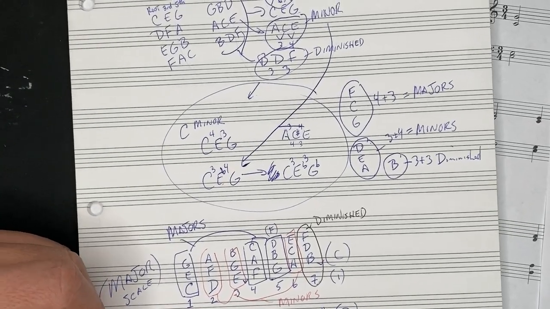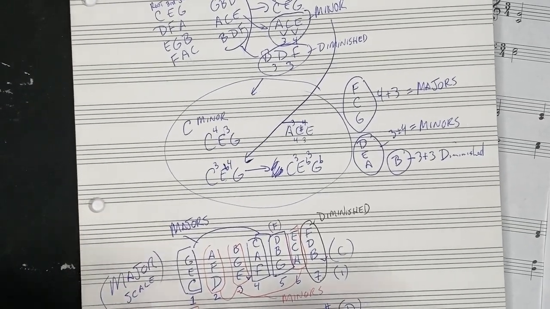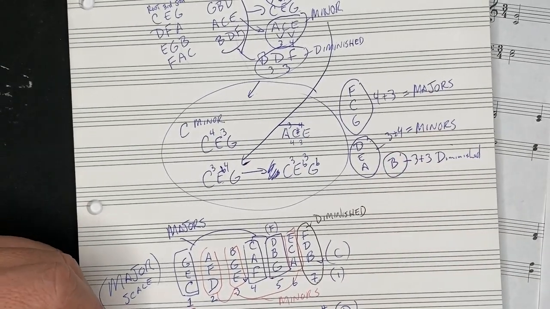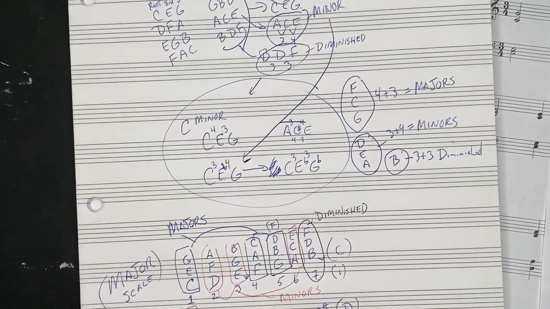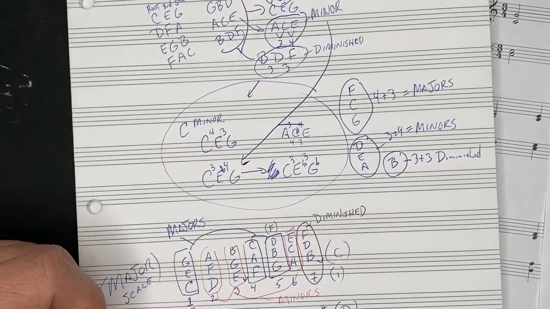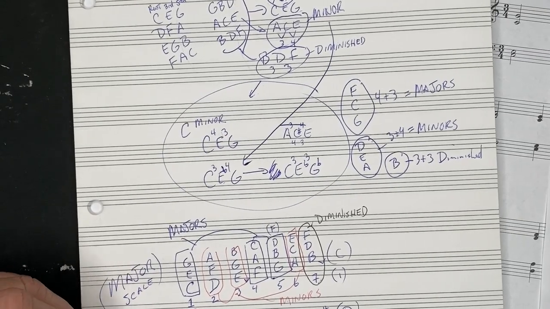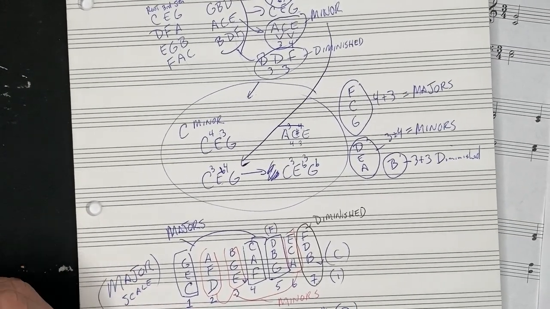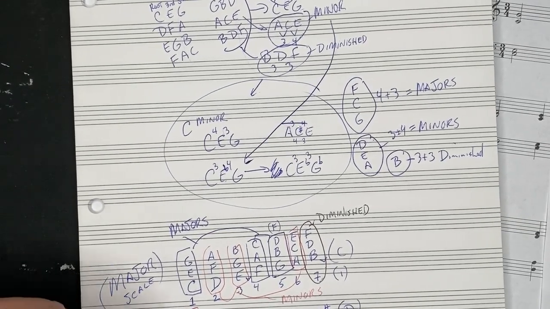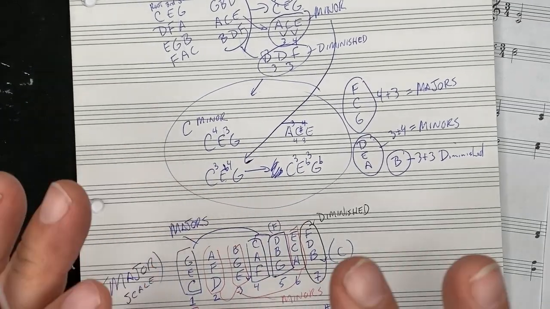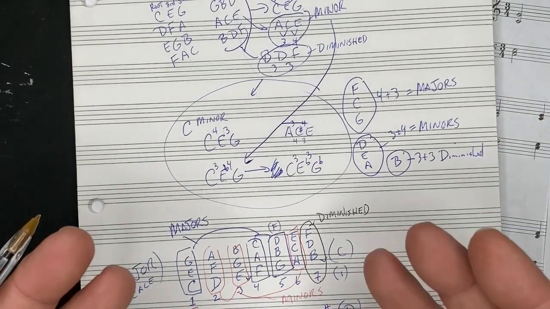Let's compare. D, F, A, just on its own, would have been a minor, right? It would have been 3 plus 4, minor. But because the F sharp's in the scale, to make this feel like a major scale, it's going to be an F sharp, which pushes this in this direction, making that 4 and that 3. It is a D major chord, right? In other words, in major scales, major keys, that's what we mean, we're using the major scale,